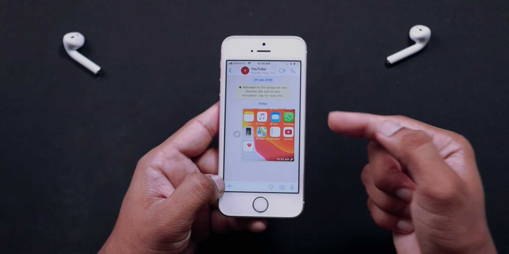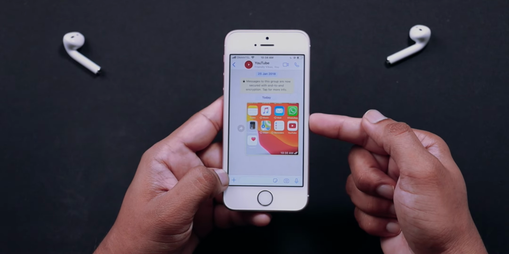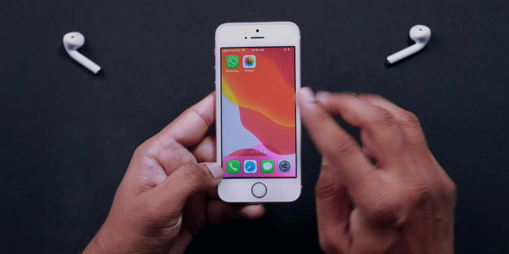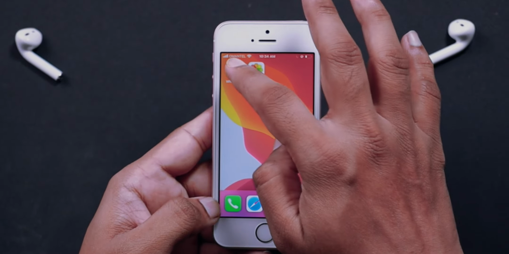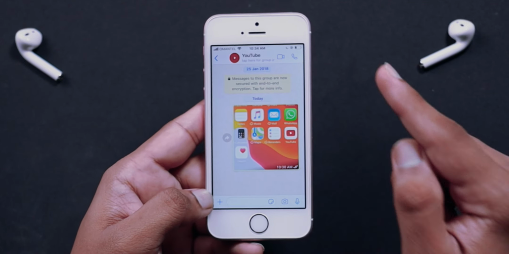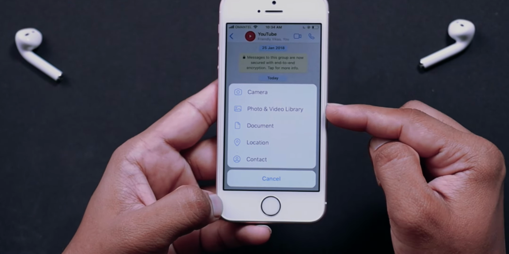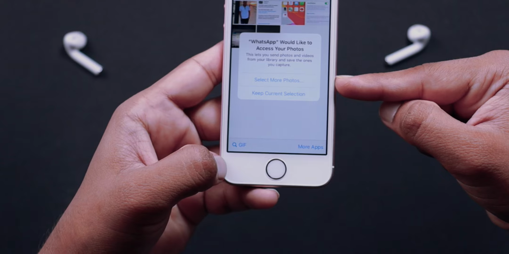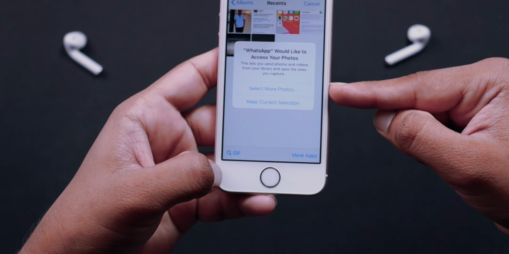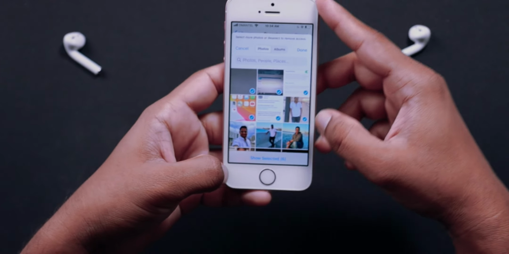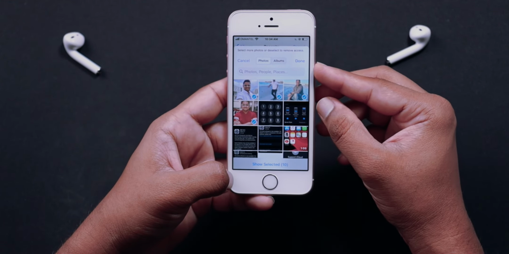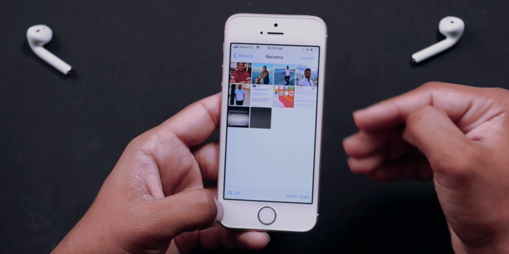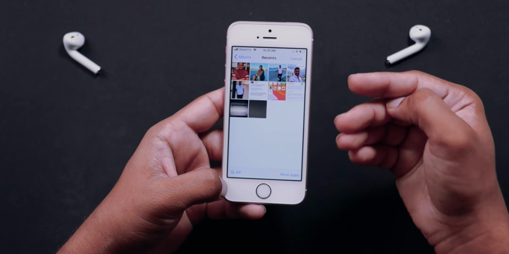Now there is another method that you can try to add photos and videos to this WhatsApp app. What you want to do is completely close this WhatsApp app. Let's close this. This app is completely closed. Now you want to launch the app again. And this time when you tap on this plus icon, photo and video library, it's going to again ask you to add more photos and videos to your WhatsApp app album. So this time you want to select more photos and then you can add a few more photos to it and then hit done. Now as you can see, we have more photos to share inside the WhatsApp app, and this is the method which I prefer a lot.